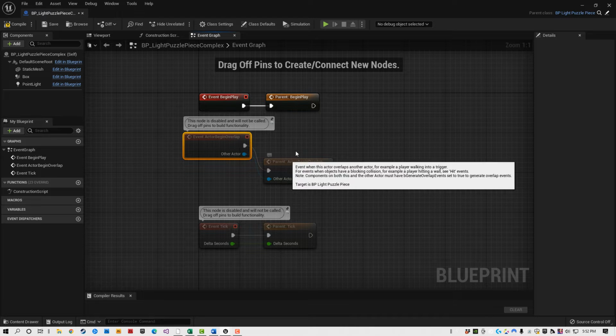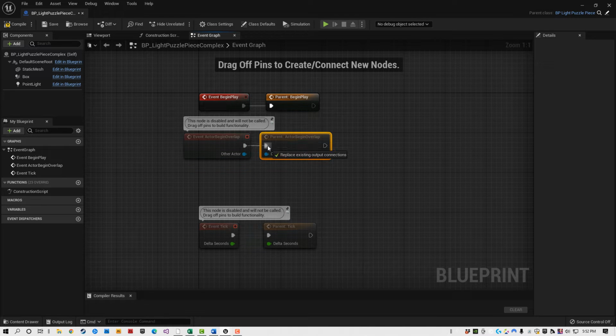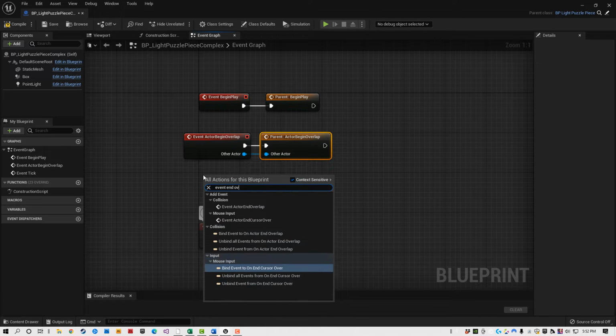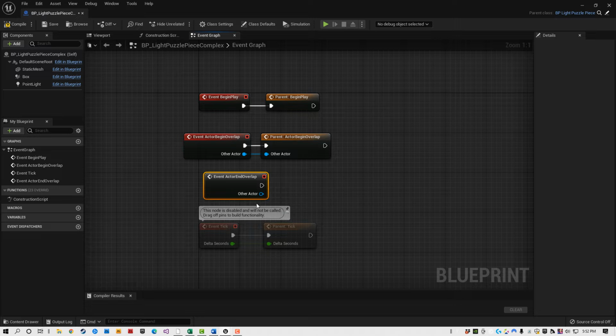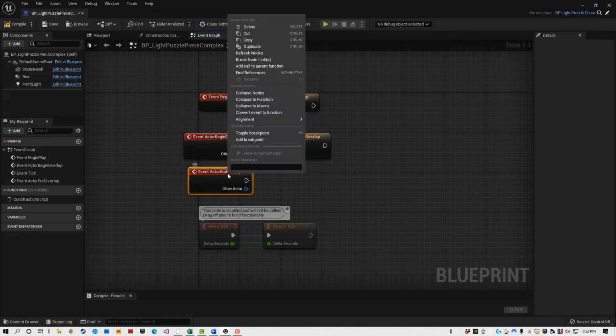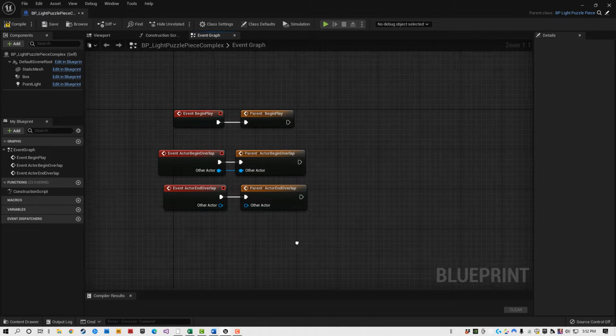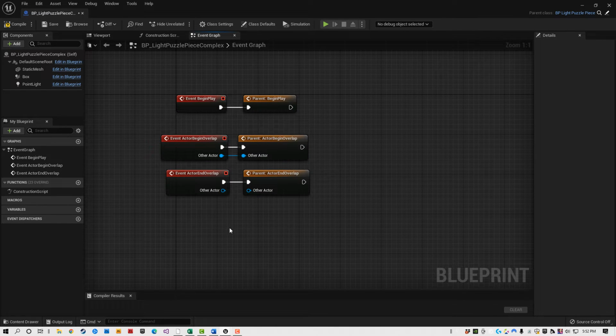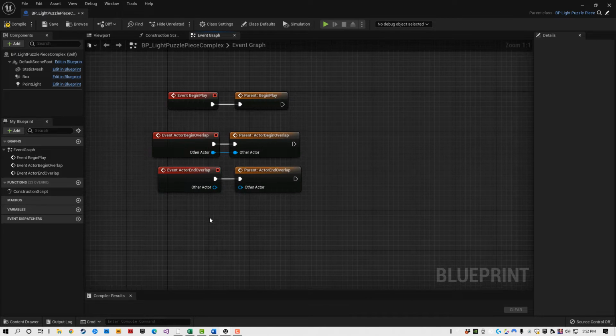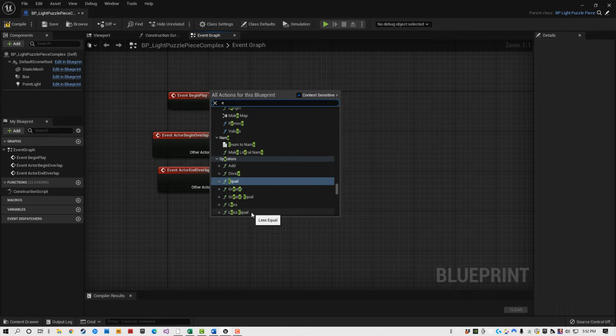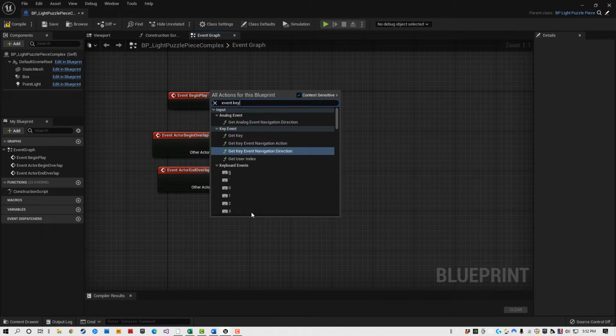When we begin our overlap, I want the same thing to happen as the parent begin overlap. So that's going to happen. I'm going to go to our event end overlap, and I'm going to make sure that the parent one happens, right? So if I right click, I'm going to add a call to the parent function. But I'm going to do something different on my E key when they press that key. So if I right click here and I select my event key E,